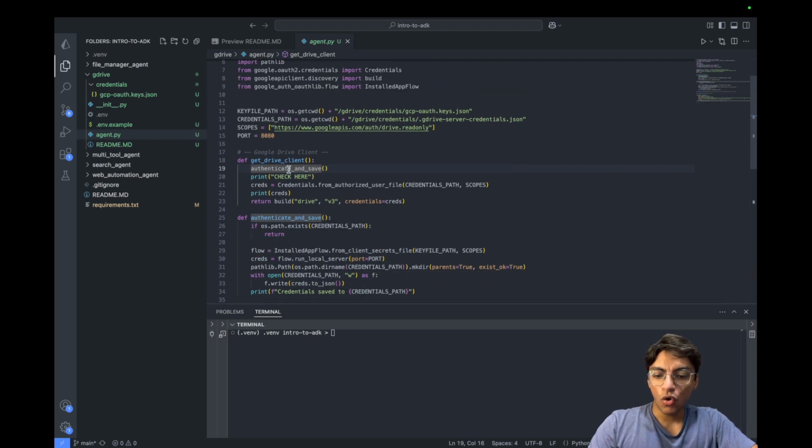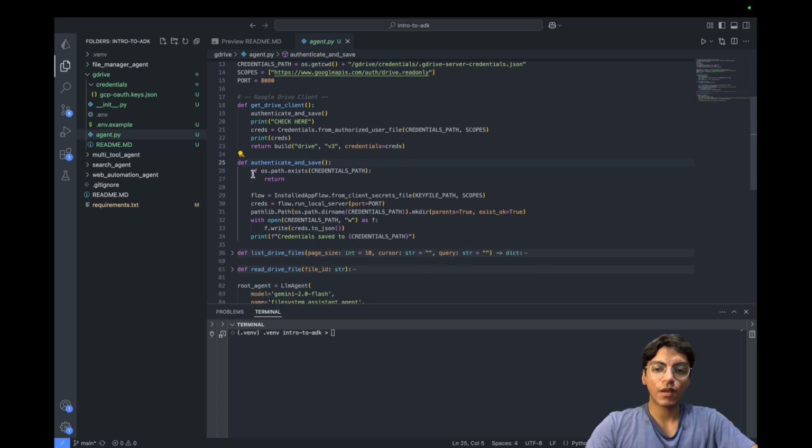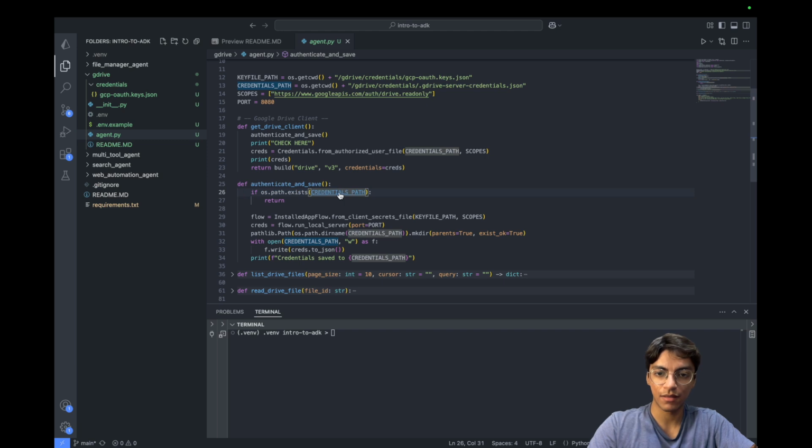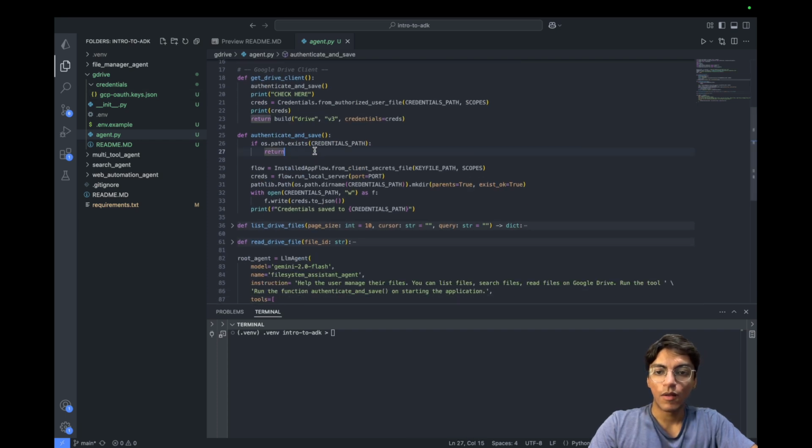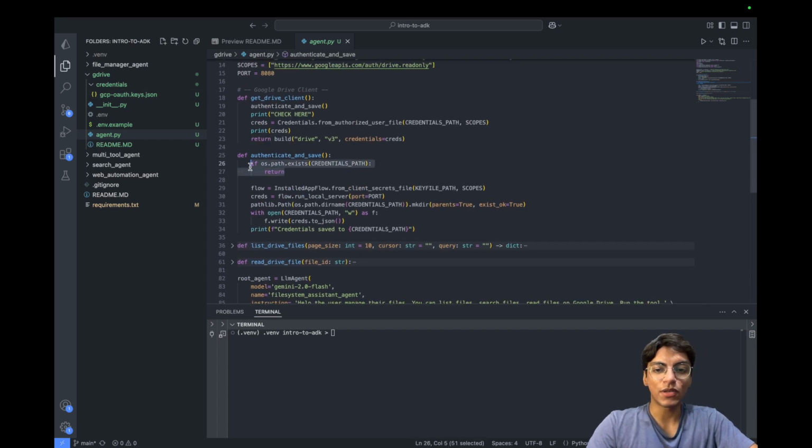So when I go over this function, authenticate and save, it will check if credentials exist in my path. If credentials exist in this path, which they do not right now, then I can simply return because I already have the credentials. I don't need anything else. But if they don't exist, I want to follow a flow which will use my credentials that I've just downloaded